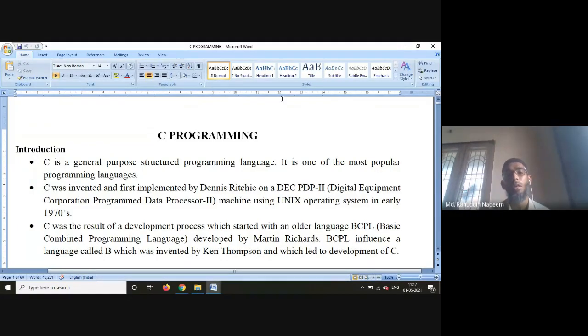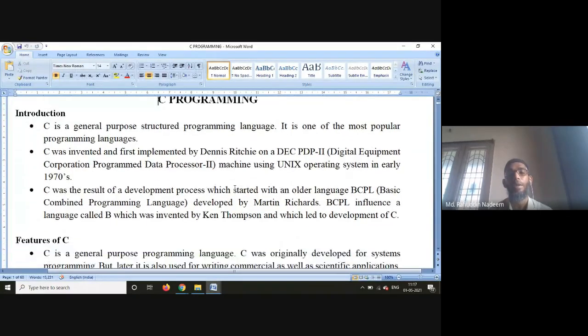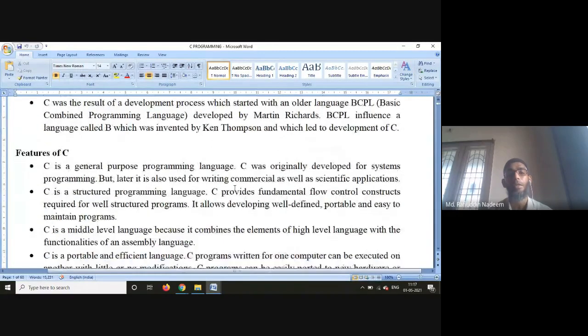Anyhow, I will go through the syllabus once again and discuss in the coming classes what type of questions you are going to come across. I will give them so that you can prepare the notes accordingly. Now, as we discussed earlier about the C language, you can read it, and if any doubt is there, you can ask me later on.